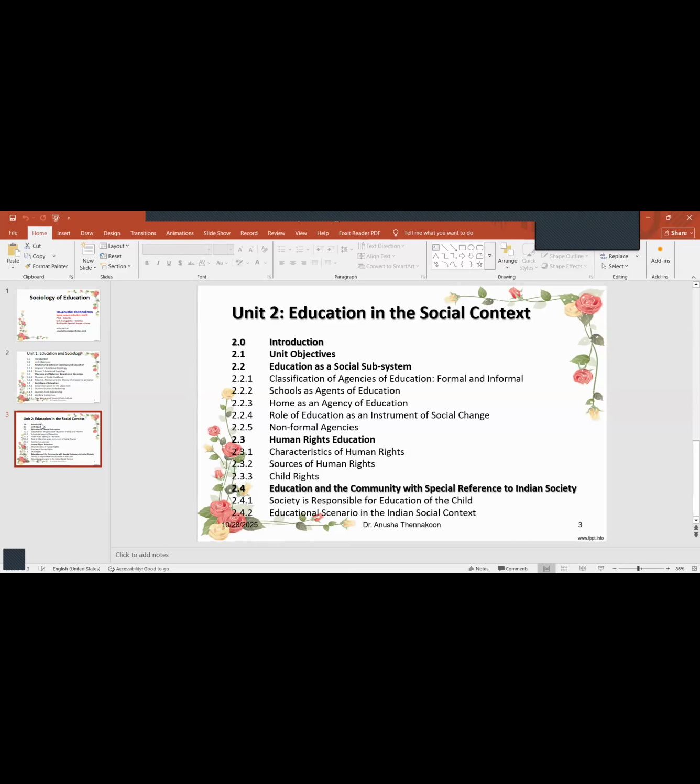Okay. Education as a social subsystem. Then classifications of agencies of education. There will be questions on those things. Okay. Social as agencies of education. Home as an agency of education. Role of education as an instrument of social change. And non-formal agencies. And there will be questions on human rights education, education as a social subsystem, education and the